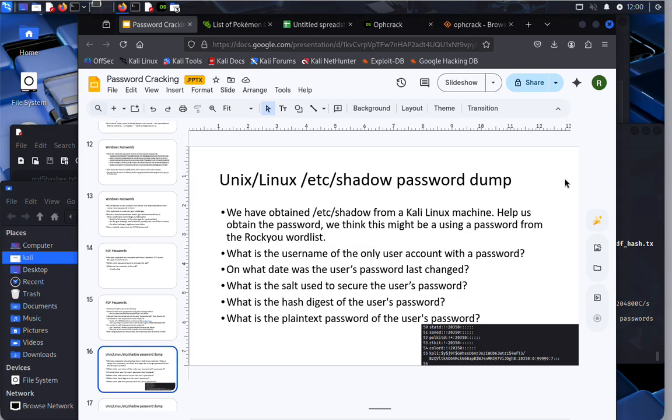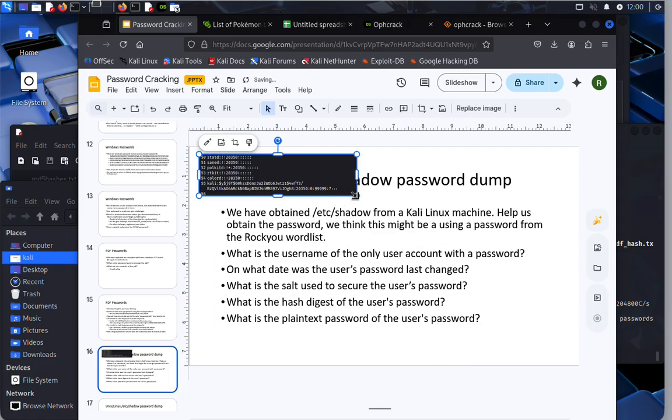All right, so the scenario here is we've obtained an etc shadow from a Kali Linux machine. Help us obtain the password. We think this might be using a password from the Rocky word list. First question, what is the username of the only user with a password? Let me just make this bigger for a second so you can see it. I just went into my Kali machine, this Kali machine literally, and did the